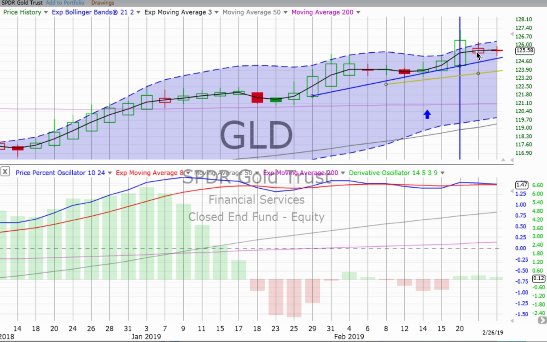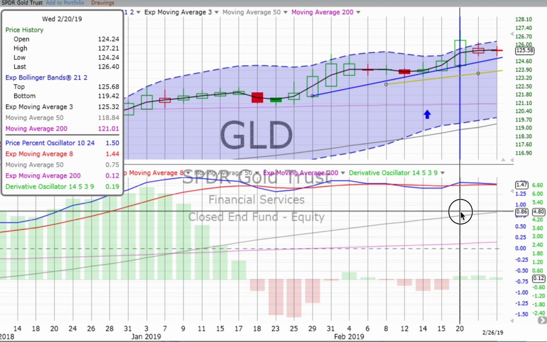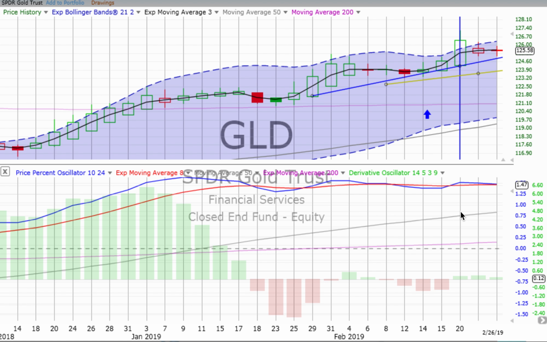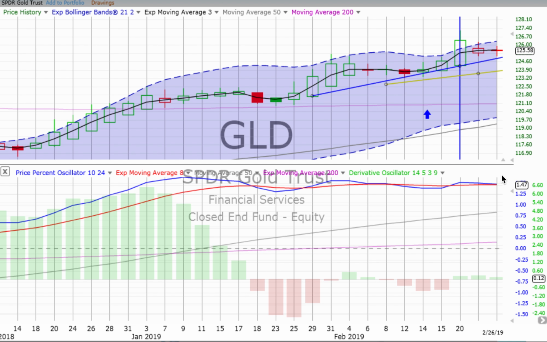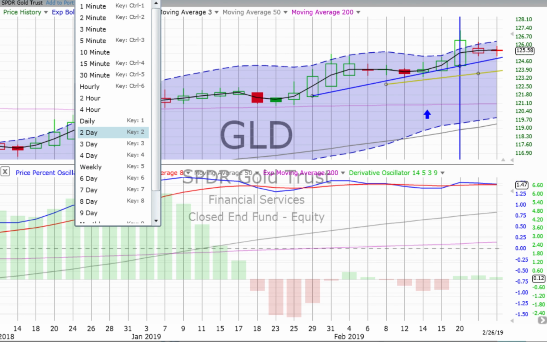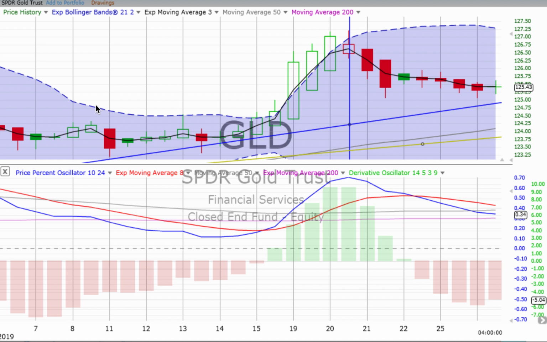And of course, we see over the latest 4 days, we saw a red spinning top after gold popped up with a 2-day crossover. We saw things pop up to a high of 127.21 and then sliding sideways since then. This latest 2-day candle did not cross over going down, just sort of laminating on that red signal line. We go from the 2-day chart to the 4-hour, and of course, gold is in that pullback that we were